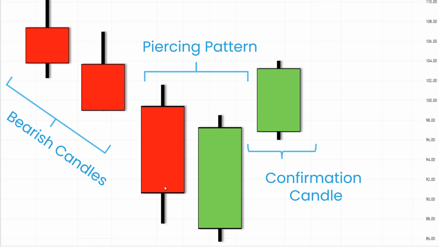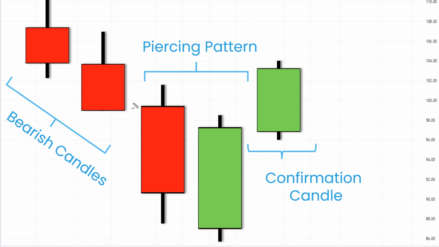This is a little easier to identify if it is at the bottom of an extension. So a down move, 3, 4, 5 candles, they're easier to see when they create a pivot point, like in this example here. Now the confirmation is a candle to the upside that needs to close above the high of